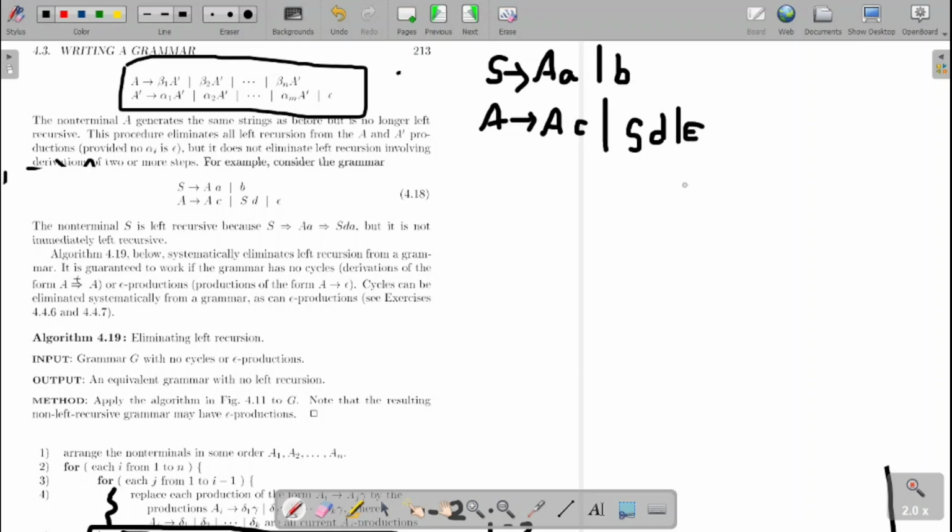Now I need to substitute. First I need to go for indirect left recursion. I need to make them immediate left recursion. For that I need to substitute the S productions over there. The first production we won't do anything, we will retain it as it is. S derives AB. Then for the A production we go for substituting. The first one as it is, A derives AC. It will be retained as it is. For the S I will substitute.